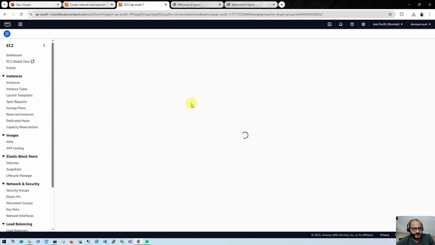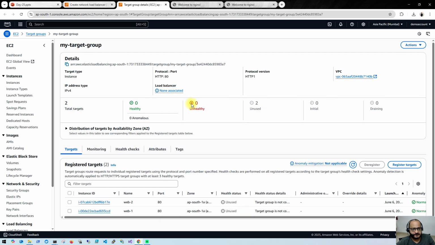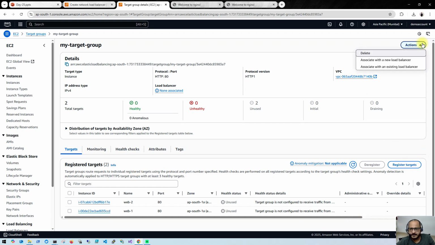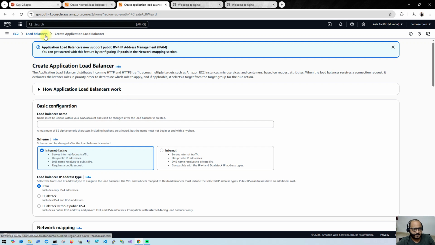So the issue we are facing is that we are not able to add our target group to our load balancer. Here we can see the target group is not configured to receive traffic. Okay, let me go here, associate with load balancer. Sorry,